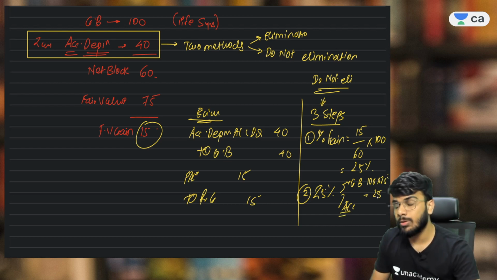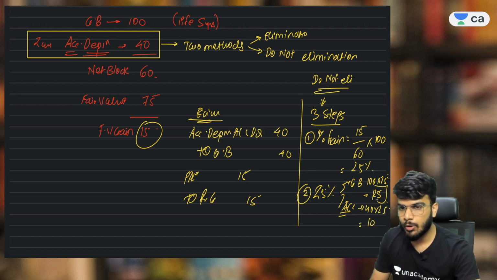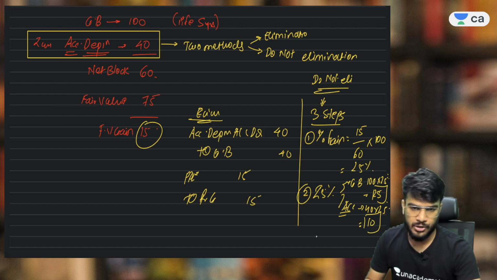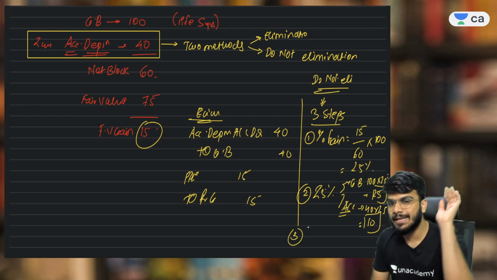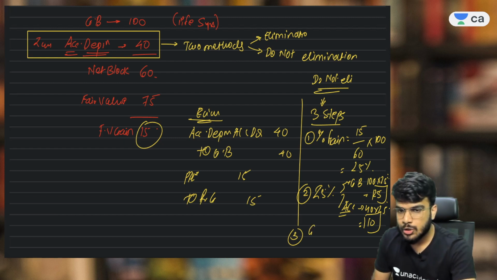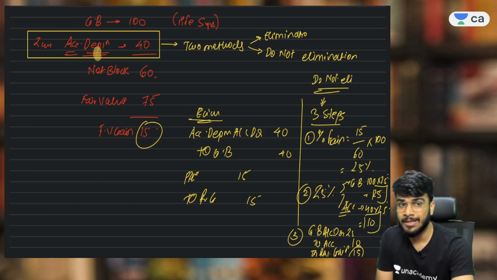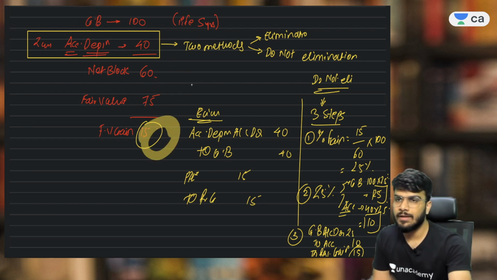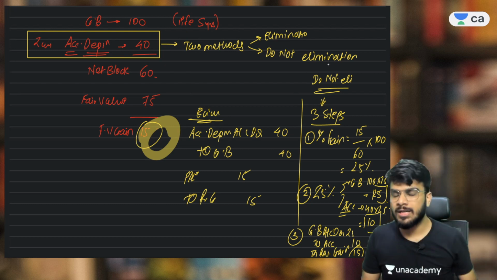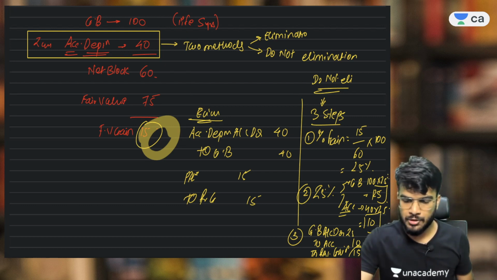And if you apply it to depreciation, it will be 40 into 25%, which will be 10, right? So you apply this percentage to two amounts, gross block and depreciation. Under the third step, you increase the gross block and depreciation by this amount. So if I want to increase the gross block, I will debit it, that is gross block account debit 25, and depreciation 10. By default, your balancing figure will be your revaluation gain. That means under the second method, we are increasing the gross block and depreciation equivalently to record this fair value gain, right? So these are the two methods which you need to follow to record the accumulated depreciation on date of